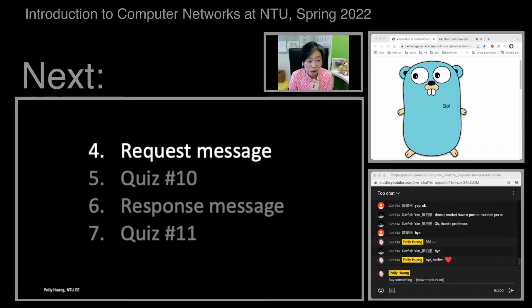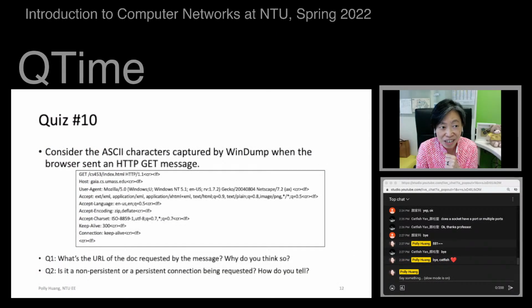Okay, and let's come back here, request message. This is a back-to-back quiz. The quiz number 10 here is to ask you to exercise the video you just saw. Oh, this is the HTTP request message format. It's very straightforward. It's showing in text mode. All right. So let's see in quiz 10. Consider, again, text file captured by a tool called WinDump. This WinDump can capture actually packets going through your network interface. And then we capture this, an HTTP GET message. And this is the detail of the message,